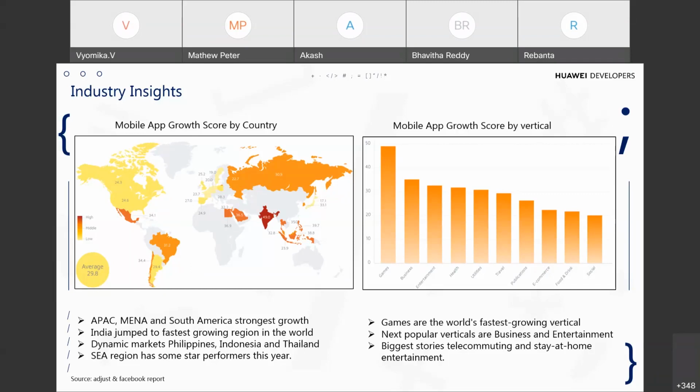And when it comes to verticals, games are the world's fastest growing vertical. Business and entertainment are the next popular verticals. And of course, in the last 2 years, because of this COVID pandemic, there have been many stories with respect to telecommuting and stay-at-home entertainment. You all must have faced difficulties during this pandemic. However, technology has been able to make our lives easy,